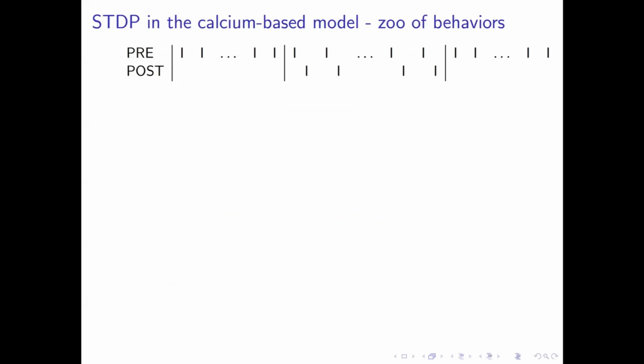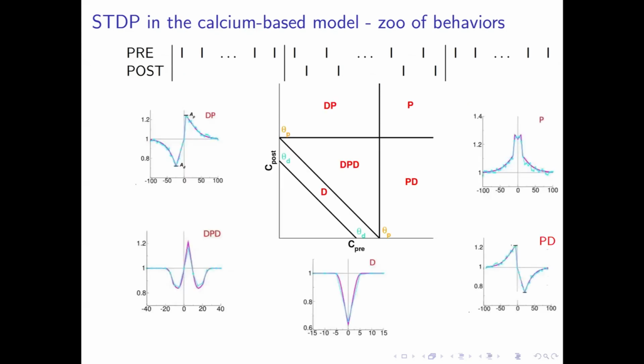And what we did is study the behavior of this model in response to a classic spike-timing-dependent plasticity protocol, right? And so that's the protocol that people use in these experiments. First, you just stimulate pre to estimate baseline weight, then you pair pre and post with some specific delta t, and then at the end, you just stimulate post to estimate the synaptic strength after the pairing. So in the model, these are the possible behaviors of the so-called STDP curves that tell us how the strengths change as a function of delta t, the difference between post and pre.